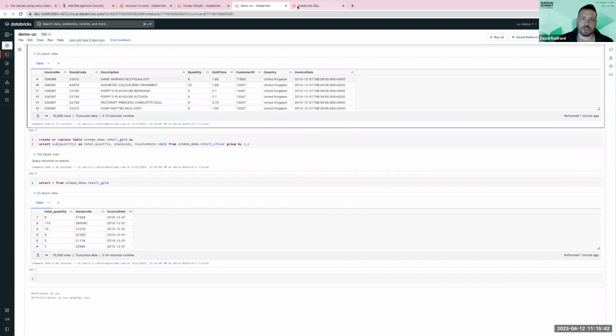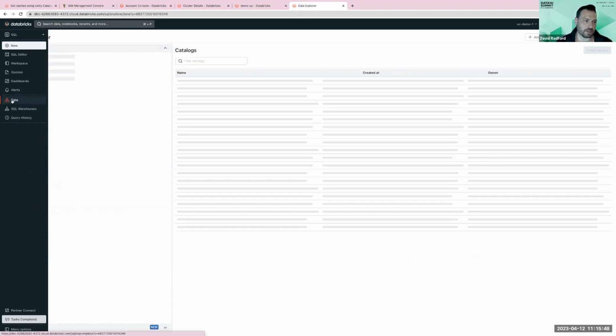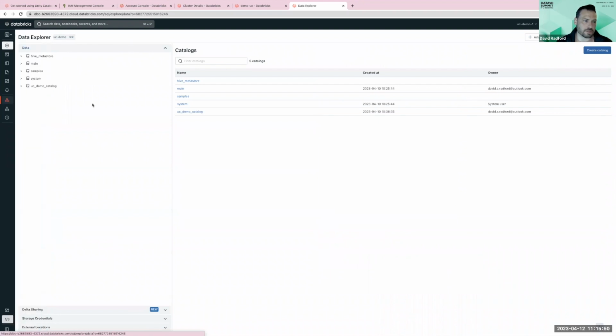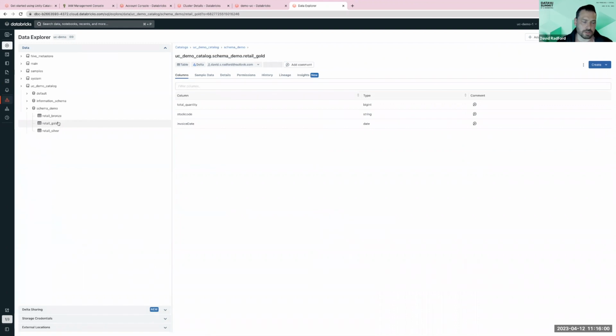So now if we come into visualize Unity Catalog, we can come to this data tab again inside of our workspace. We'll see this UC catalog, demo catalog here. We'll have our schema demo and all 3 of our tables here. So jumping into that lineage scraping that we were talking about, retail gold, let's take a look at the lineage there,